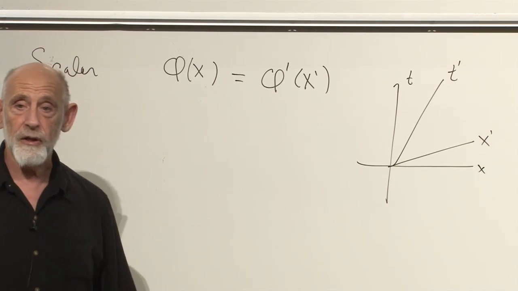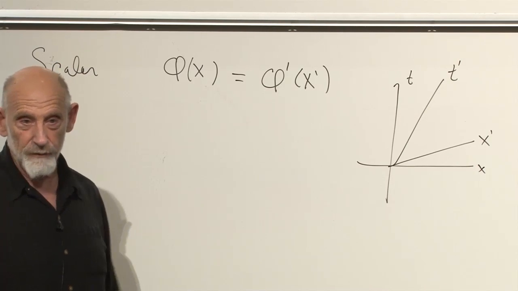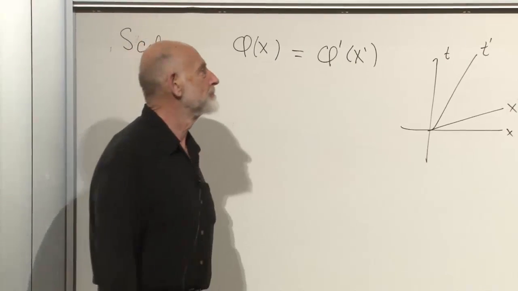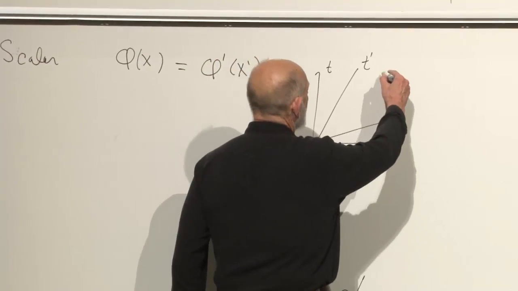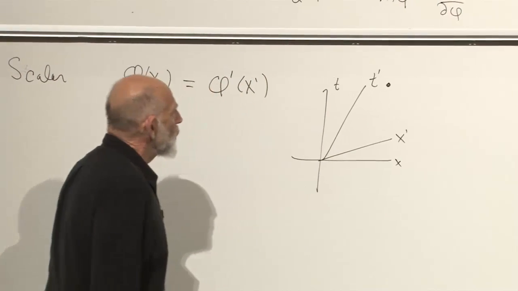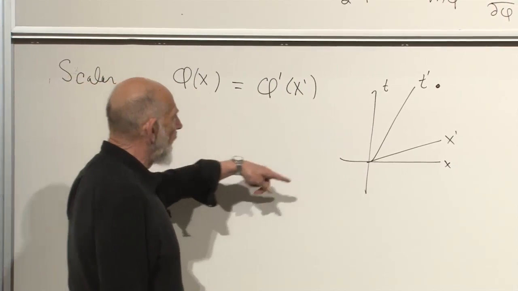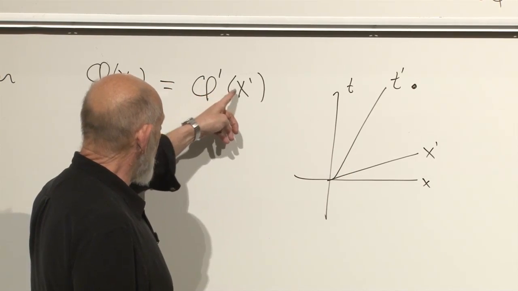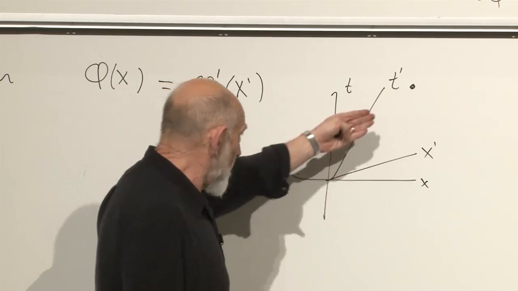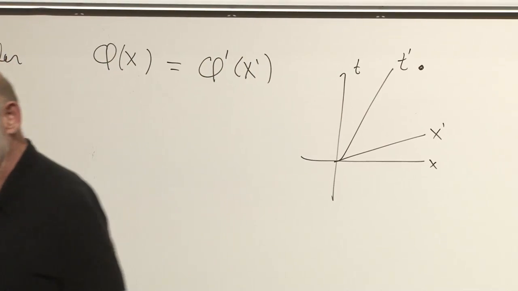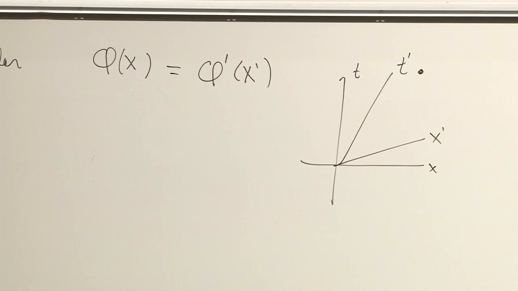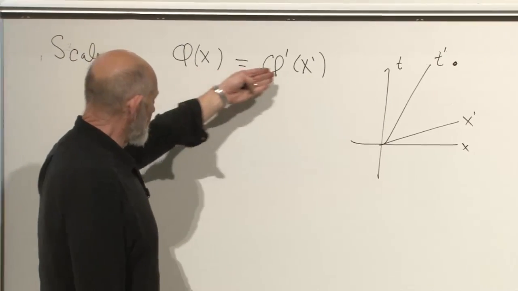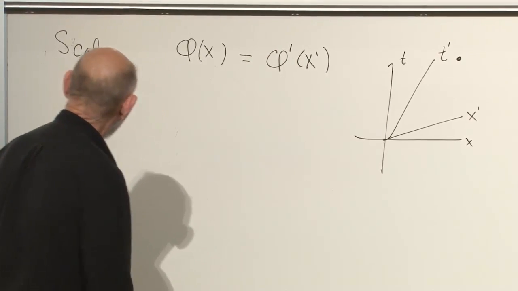Phi is what you call the field, just a name you give to the field, and I call it phi prime, just because I'm the primed person. Okay? Here's a point in space-time. You call the value of the field phi of x, where x stands for x and t. I call it phi prime of x prime. But it's just one point, and it's the same field. It's the same value. It's just an invariant quantity. And so the transformation properties of scalar fields are just that they're equal to whatever they're equal.